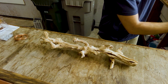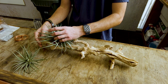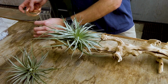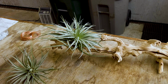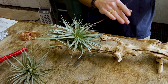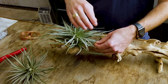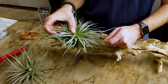Okay, so what we want to do here is get two of these air plants affixed onto here. So first I'm going to find a good spot to kind of nuzzle it in using the wood a little bit, maybe find a spot where it can fit best. And then I'm going to take the copper wire, probably about a foot length of it, so that I have some extra room and you can always trim it. And you want to find some grooves in the air plant leaves, towards the bottom, not really in the middle, because then you'll see the wire, but